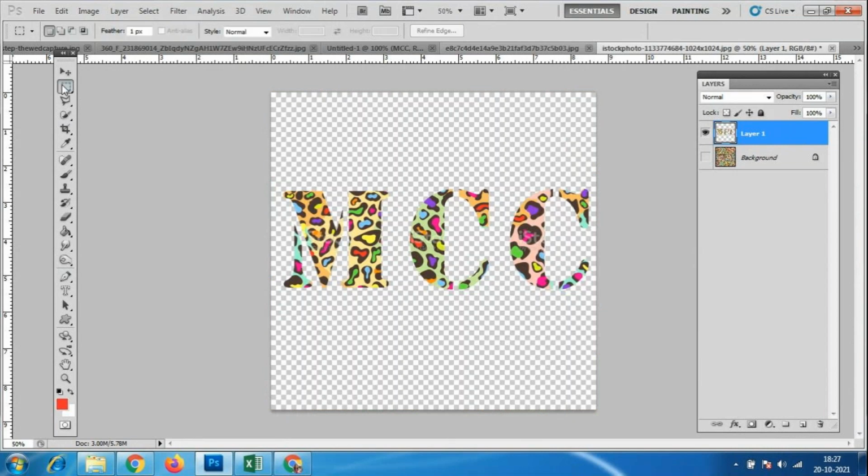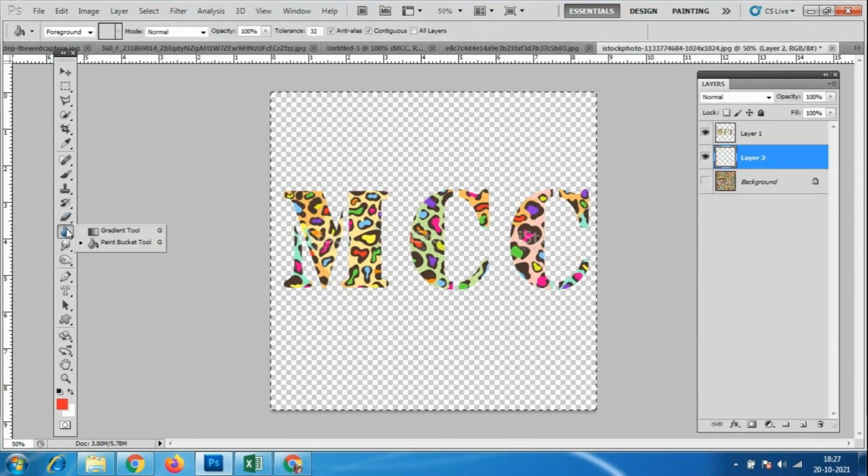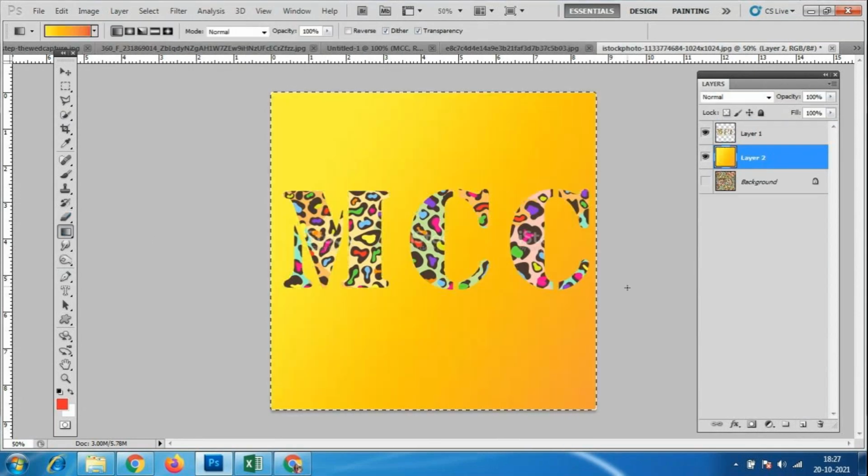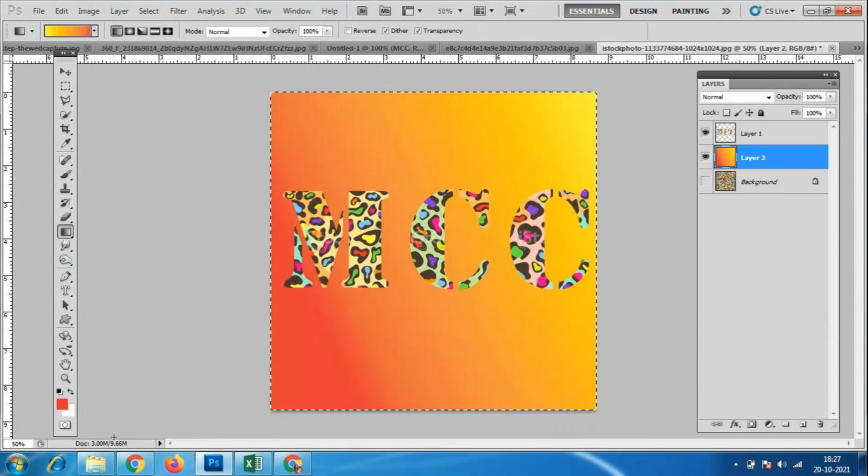So you can add a nice background with a gradient color, something you people already know. You can add the gradient for this. Look, gradient colors like this you can add. See the text with a nice background. That all depends upon what kind of textures you are taking. Okay, is that okay, everybody?